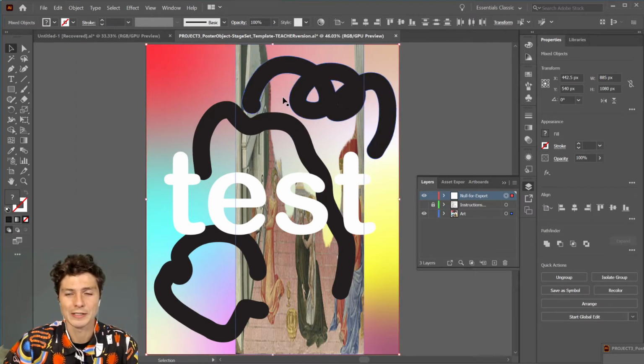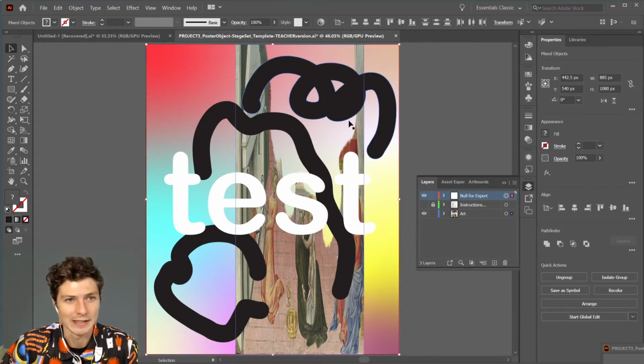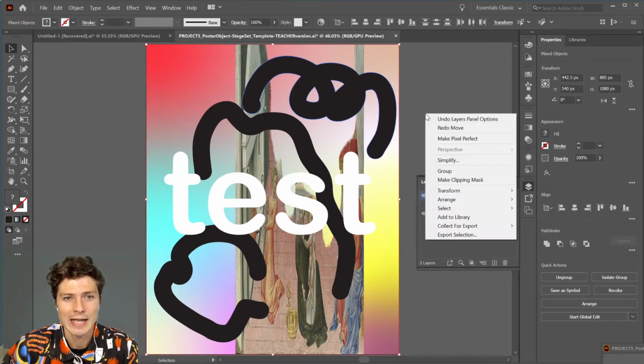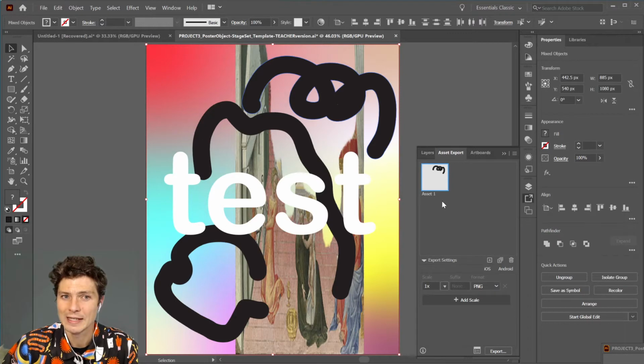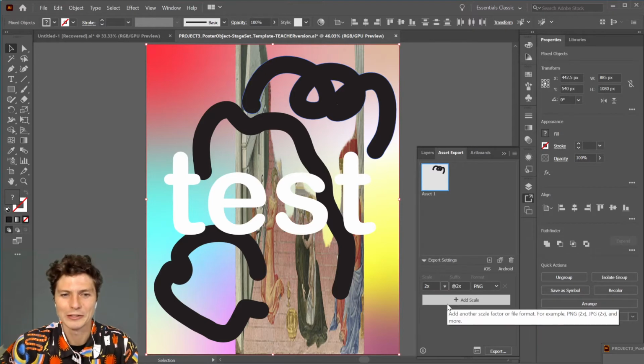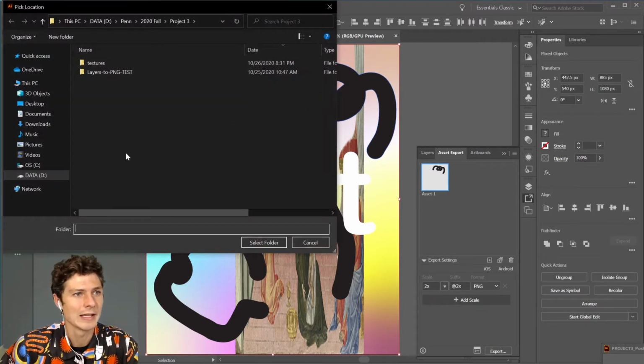I'll do Command or Control Z to go back. I have those two things selected. Now I'm going to right click anywhere, really anywhere, and then I'm going to collect for export, and then as a single asset. And then you maybe have never used this before, but embedded in the layers panel is the asset export. And there's our asset, and you can't see this null that I created, but it is there, and it's essentially keeping that thing within the dimensionality of the artboard. So we want to go scale, let's go 2x, make it a little bit bigger, something to use. Do export, and then